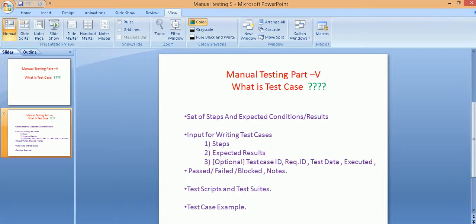Steps and expected results are the bare minimum data that should be present in the test case. The very simple test case is going to have steps and expected results. Depending on the format or template of the test case being used in the organization or the team, you may have certain other data items therein.